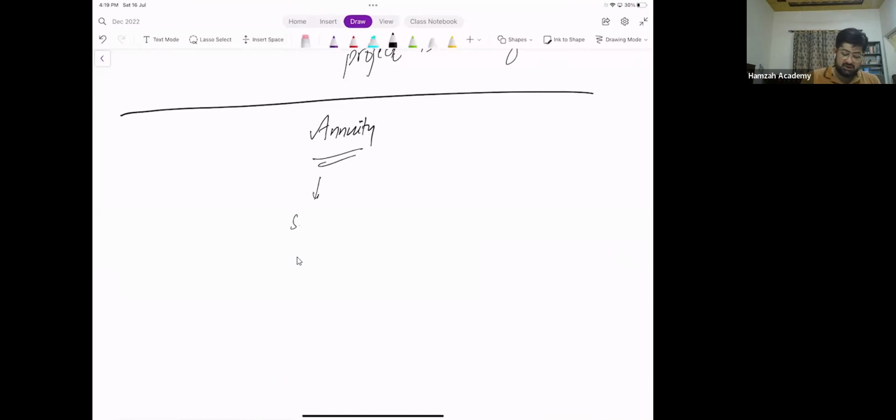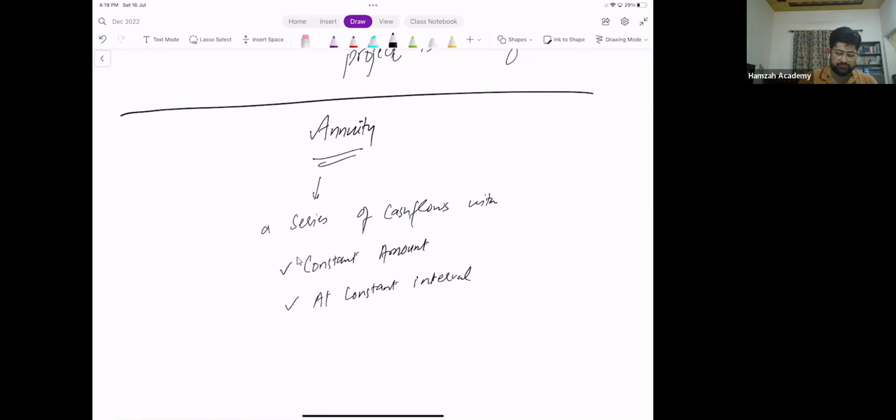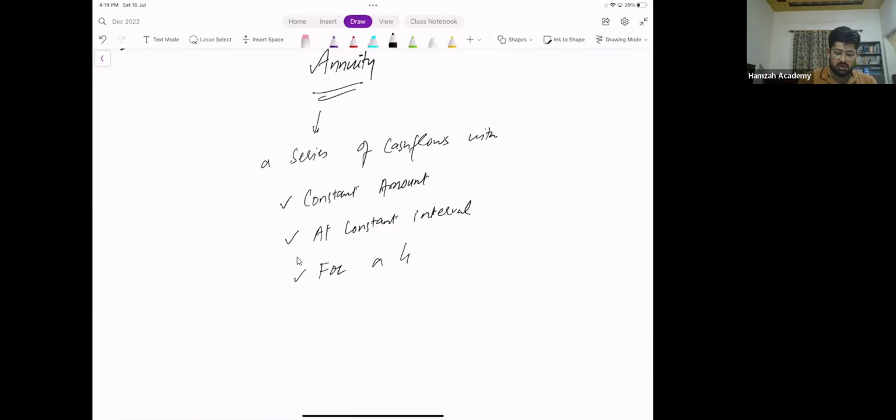Annuity is a series of cash flow with constant amount at constant interval for a limited period of time. This is called annuity. For example, we say